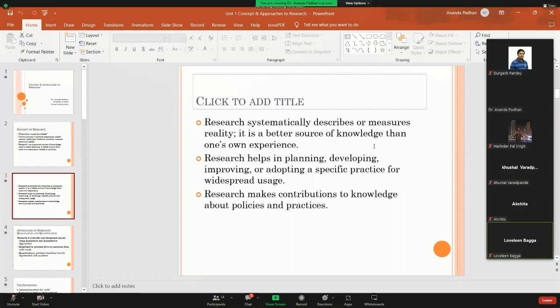Therefore, the developed countries are using a greater amount of their GDP, of their total income, on research compared to developing countries or us. So many a time we use the words research and development, research and innovation, isn't it? So it has its use. And when you do a study, complete your study, make it usable also. That comes as a role